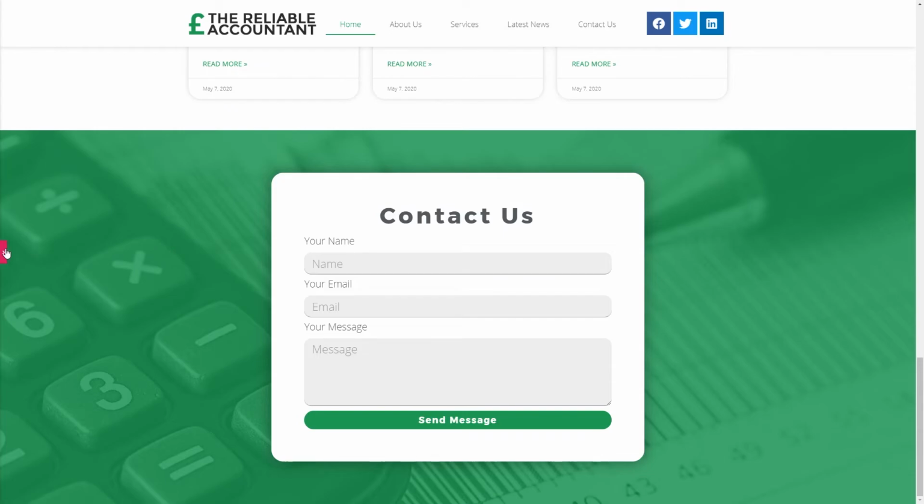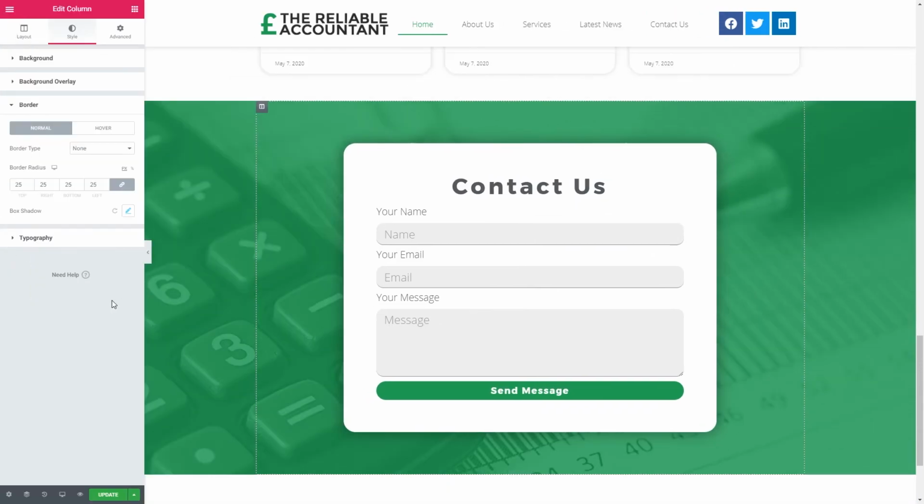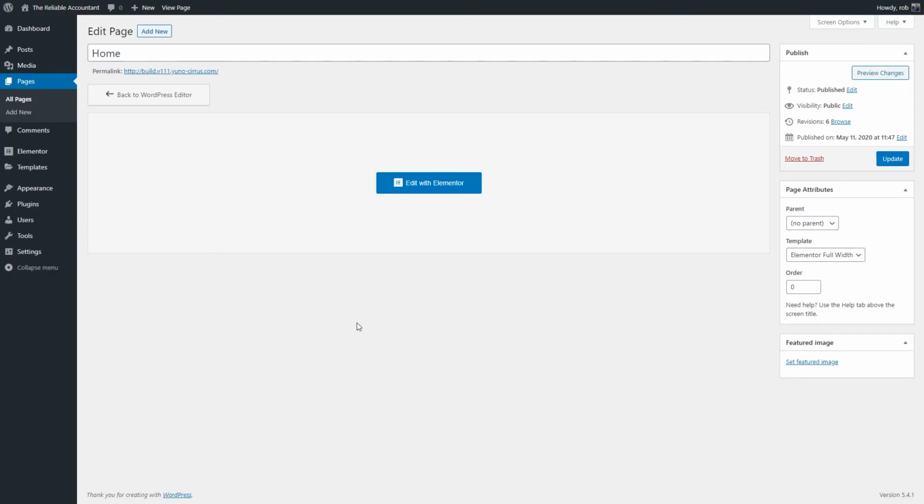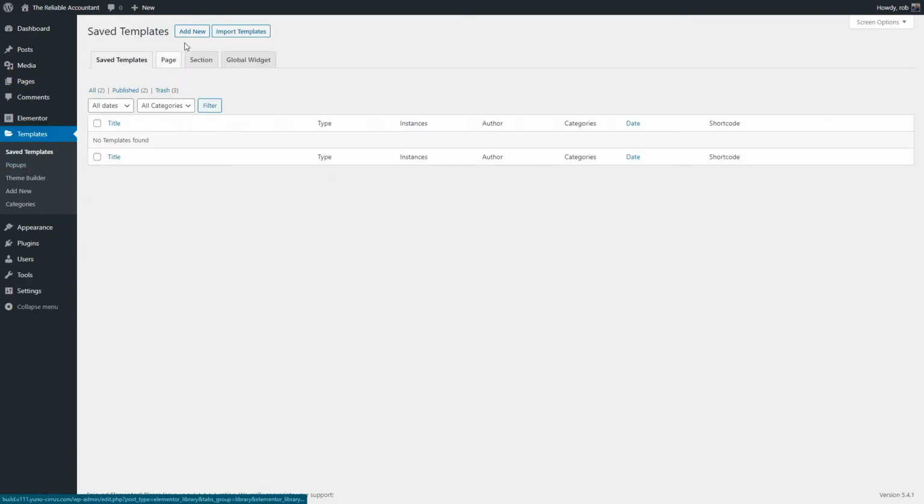So I'm going to open up our panel, and I'm going to go down to our green update button. I'm going to click that. And what we need to do then is go back to our WordPress dashboard. To do that, we're going to go to our top left burger menu here, and then go down to exit dashboard. And to begin making our footer, we just need to go to templates on the left, add new,